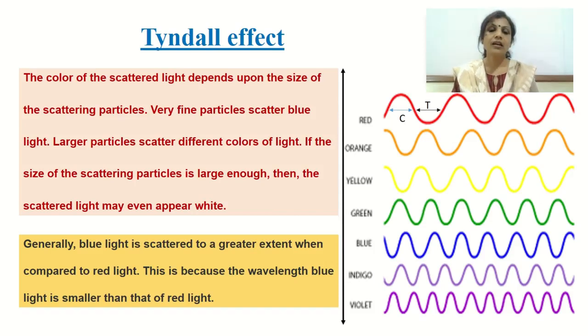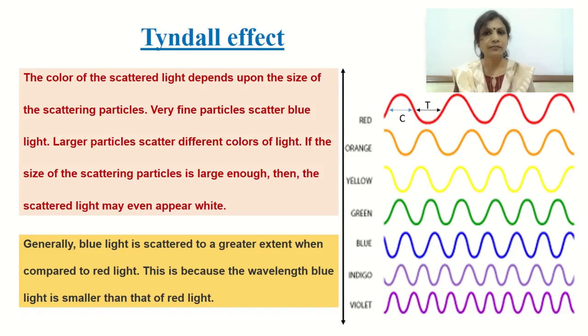If the size of the particle is very small, this particle scatters blue light. Large particles scatter different colors of light. If the size of the scattering particle is large enough, then the scattered light may be white in color. Now generally it is said that the blue color is scattered to a greater extent in the atmosphere as compared to the red light. This is because the wavelength of the blue color is very small as compared to the wavelength